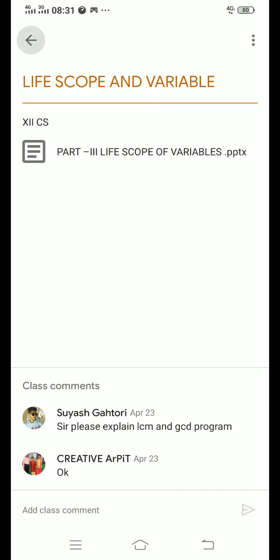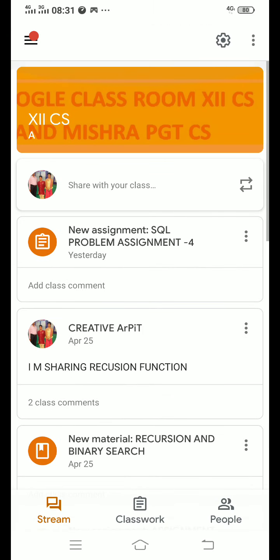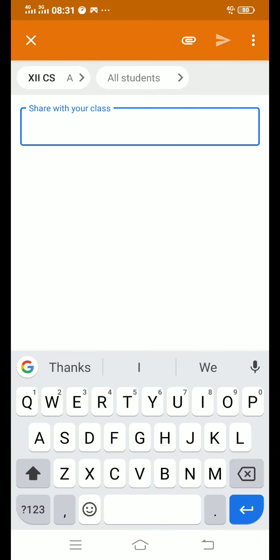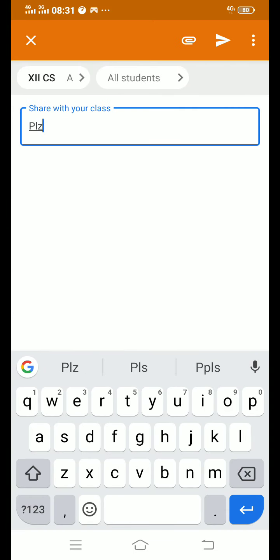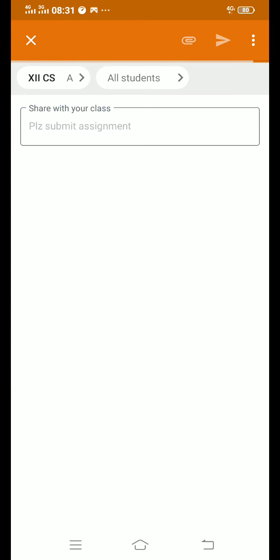You can assign all these things, and if you want to send a message, you can send it from here. For example, to all students: please submit the assignment. I am sending it, and it goes to all students.